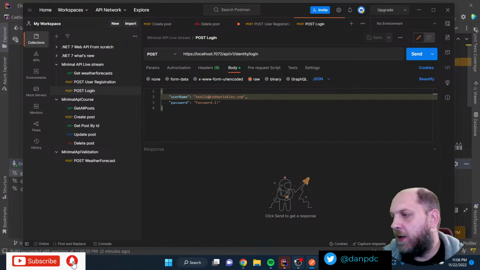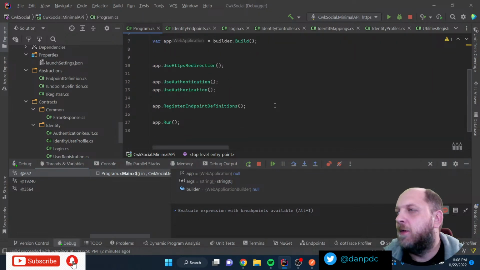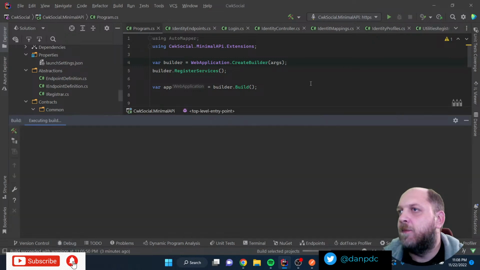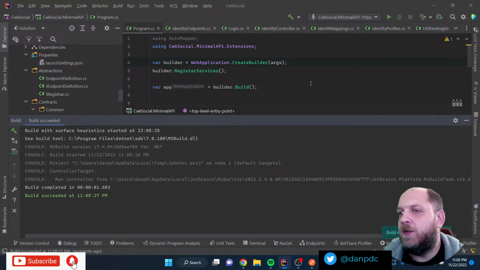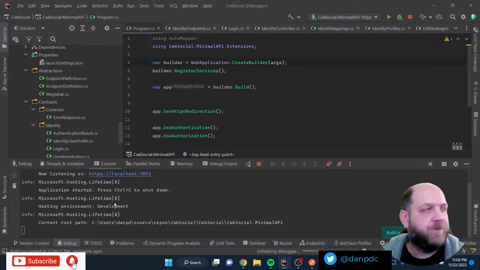And now I guess we can go back to Rider. We did have a breakpoint here. Why did it stop here? I don't know what happened here actually. Yeah, let's try again. Because we didn't have a breakpoint. Why did it stop? I guess because there was an incoming request, or I don't know, something happened there.